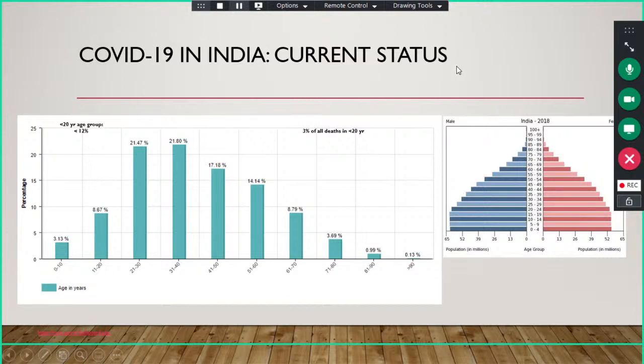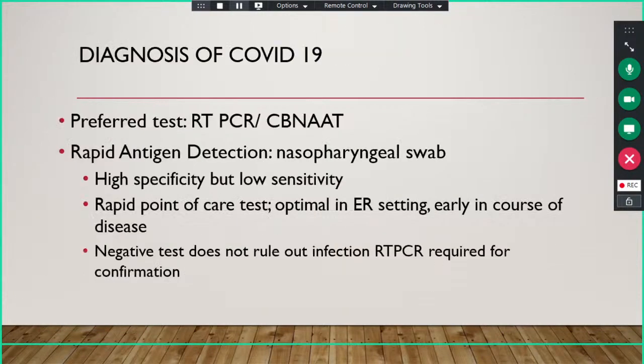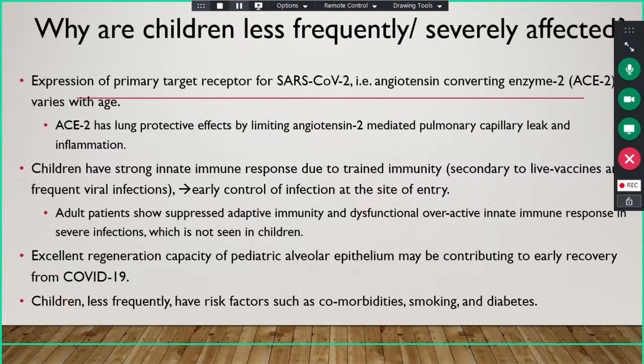Compared to influenza, COVID-19 was less severe and less common in children, while as you had seen, influenza was more severe and more common below 5 years of age. So, why are children less frequently or less severely affected? It is not known very clearly, but it's very clear that though children below 20 years constitute around 40-45% of the total population, the proportion of patients suffering from COVID infection was just 12%, and severity and case fatality were